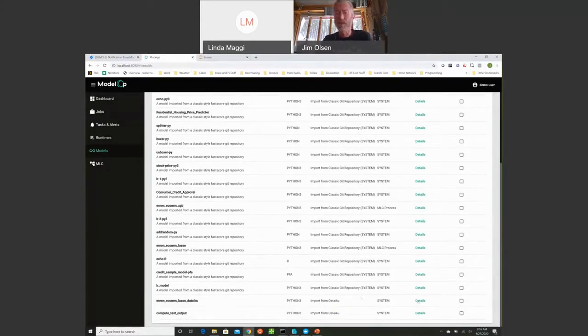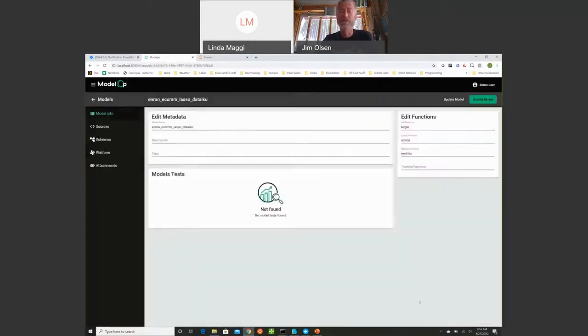So if we were to take a look at one of these Dataiku models, we have a consistent format of describing what models are, and that's what we'll dive deeper on in the next session, as to how we've managed to abstract models so that we can describe them, whether they're an R model, a Python model, or frankly, even just a decision table, which sometimes needs to be treated like a model because it's making critical business decisions. And we need to know when people change it because it can have an impact on your